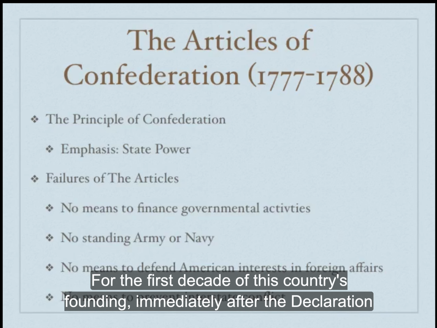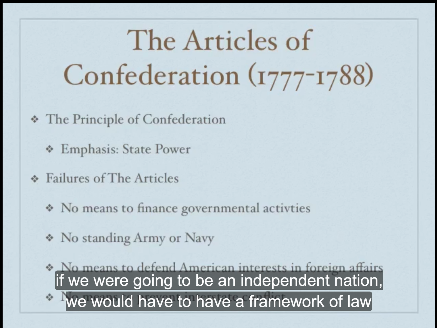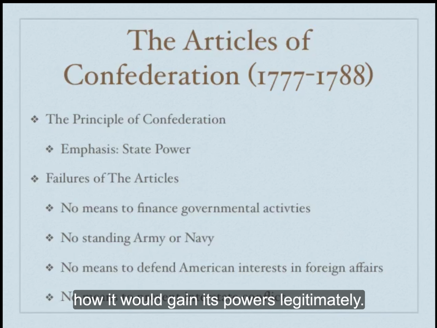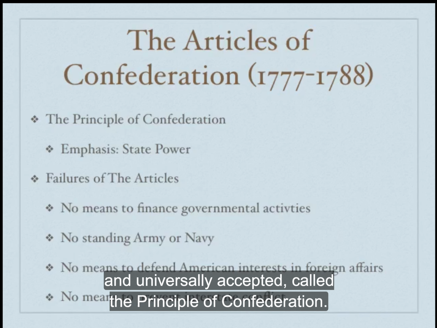For the first decade of this country's founding, immediately after the Declaration of Independence was signed, it was recognized that if we were going to be an independent nation, we would have to have a framework of law that established how our government was to govern and how it would gain its powers legitimately. And so the Articles of Confederation are a reflection of a principle that was adopted and universally accepted called the